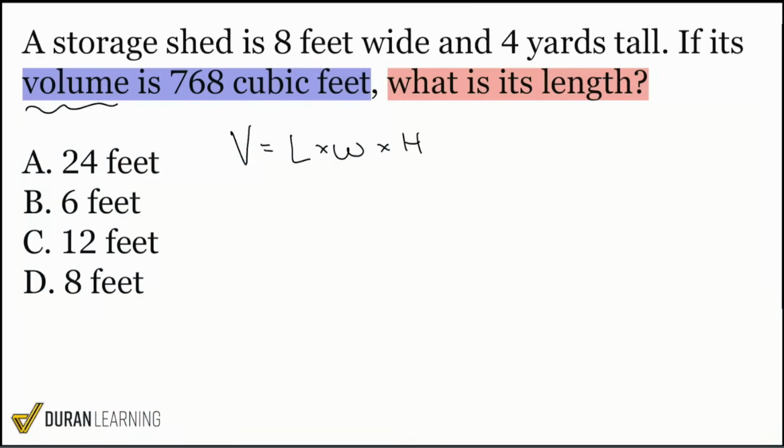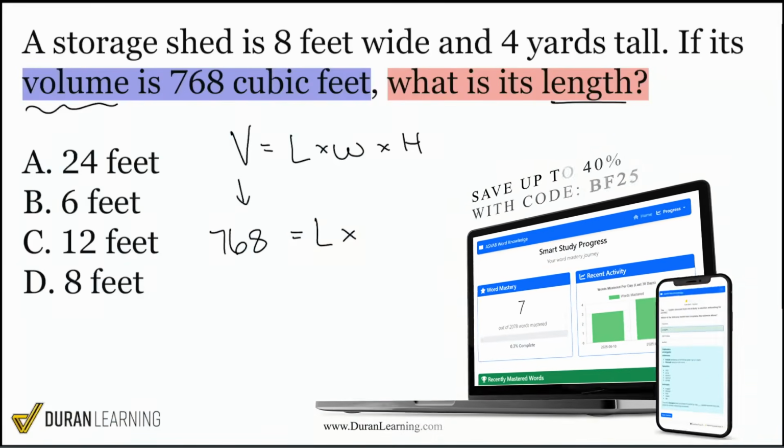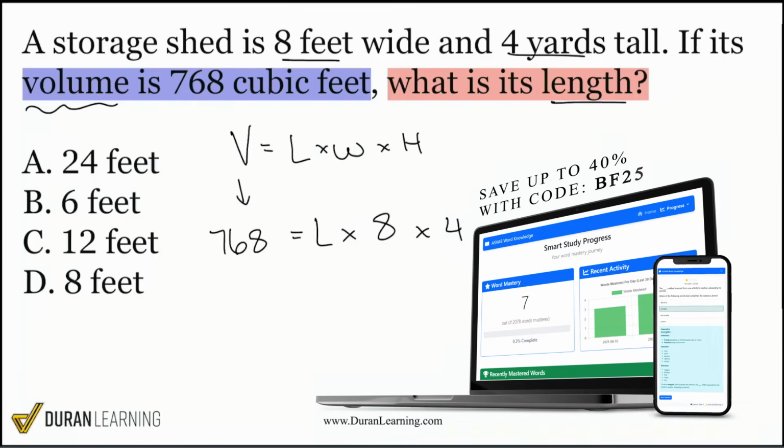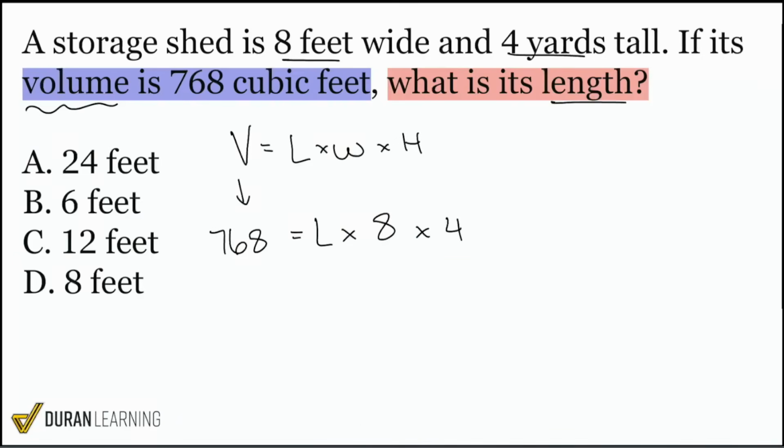So here's the mistake that most people make. What they'll do is they'll too quickly write down the information saying, hey, my volume is 768. And then that's going to be equal to the length that I'm looking for times the 8 and then times the 4. But the biggest problem with that is that we have to make sure we're dealing with